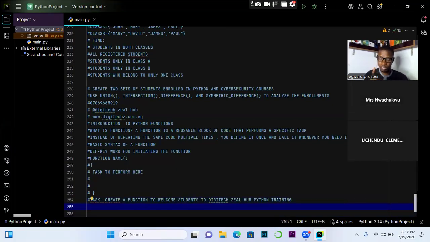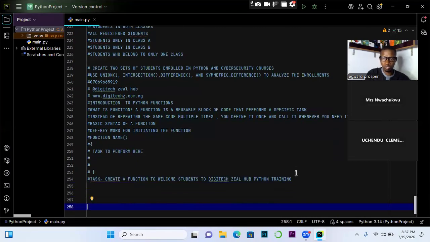So I'm going to follow those syntax. The first thing I'm going to start by doing is to declare the keyword def. Then after that, I will write the function name. The name of your function should be driven by the intention. What do you want to do with the function? Because when you are developing a complex application that will require too many functions,